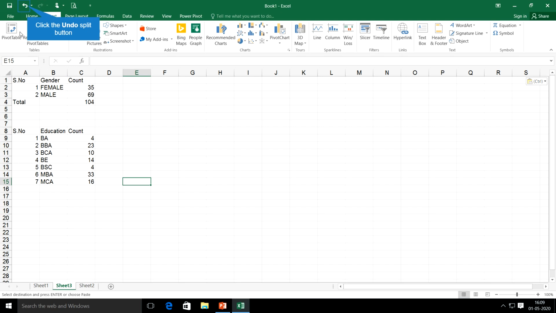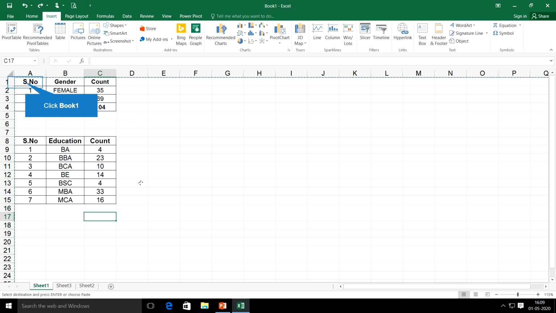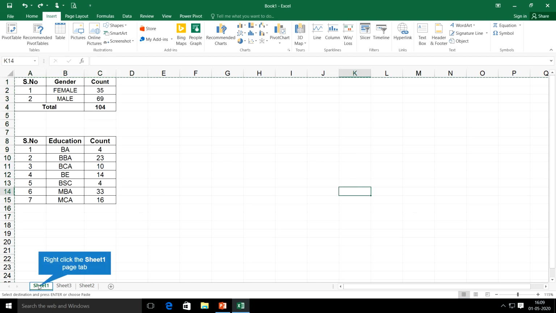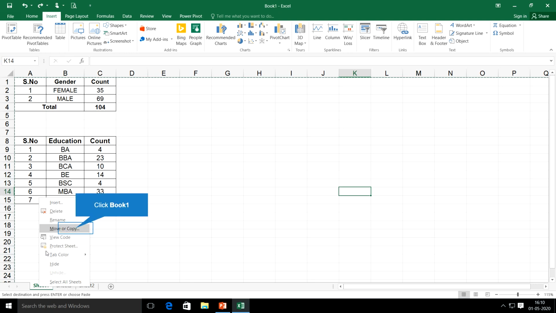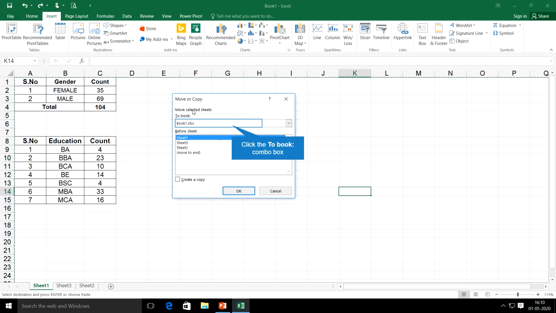So instead of doing that, here I need to copy this sheet as another sheet. Instead of selecting and copying and going there and pasting it, simply what I can do is right click on this sheet name. I'm going to copy this Sheet1. So keep the mouse on this sheet name, right click, and go to the Move or Copy option. The Move or Copy option will help you to do many things. So you will get a dialog box like this. There you can see these options.